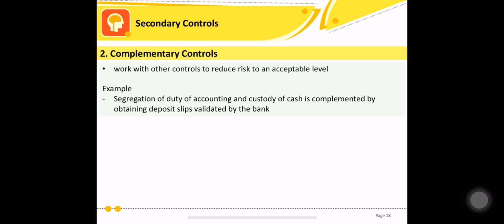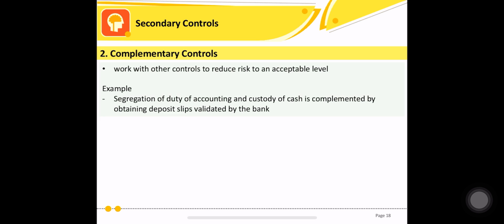So how does it work? Sa example, segregation of duty, SOD, of accounting and custody of cash, is complemented. As you can see, yung segregation of duty is one of the... well, actually, I'll discuss it later, but fine. SOD, segregation of duty, is one of the primary controls. Ano to? This is preventive. Yes, preventive control. So, I'll discuss later yung functions ng SOD. Anyway, so, si SOD itself is a primary control. Now, if may issue sa SOD,